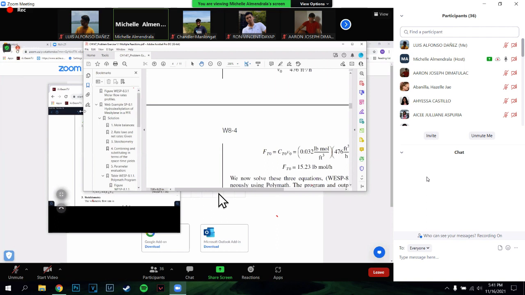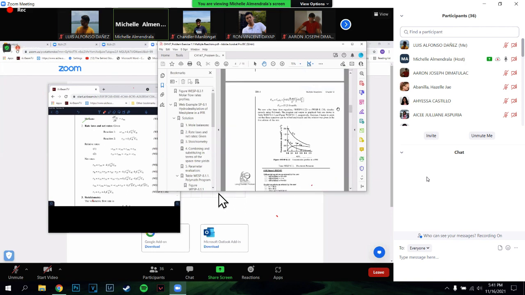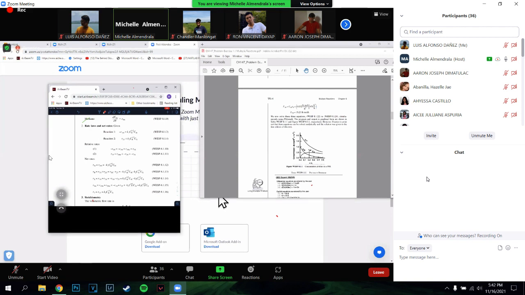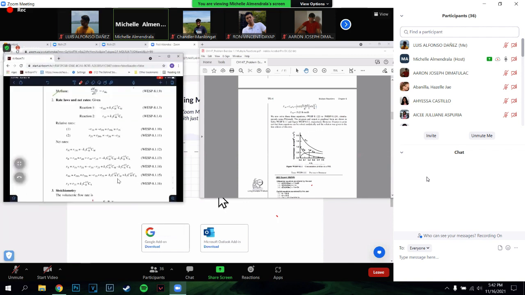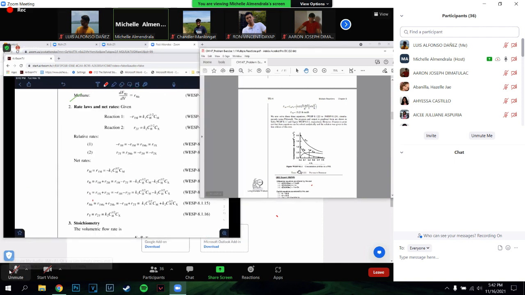So you'll be looking at the mirror and the problem, but then let me reduce the size of this so you can see the problem and the mirror as well. So I can define this. Can you see the slide clearly, class, even if it's not that big on your screen? Okay,